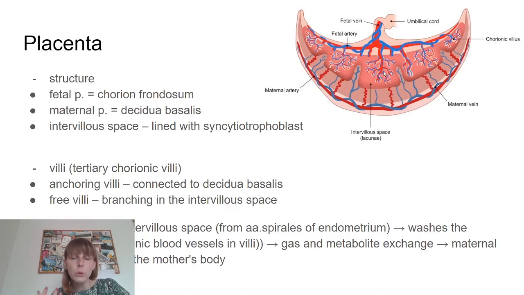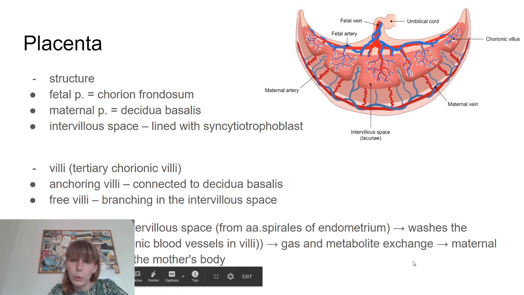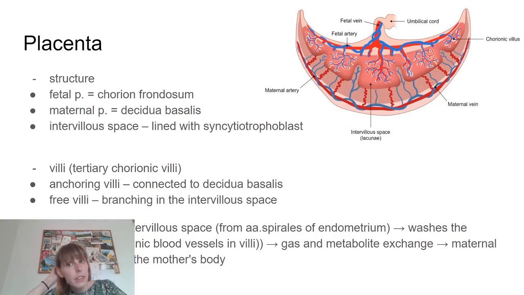And we need to separate these two from each other because, for example, to some point, the embryo is a foreign organism and it has different antigens and stuff like that on its cells. So the direct contact between the maternal immune system and the fetal blood wouldn't be very good. So we want to have some kind of barrier between these two, and that's basically the wall of the